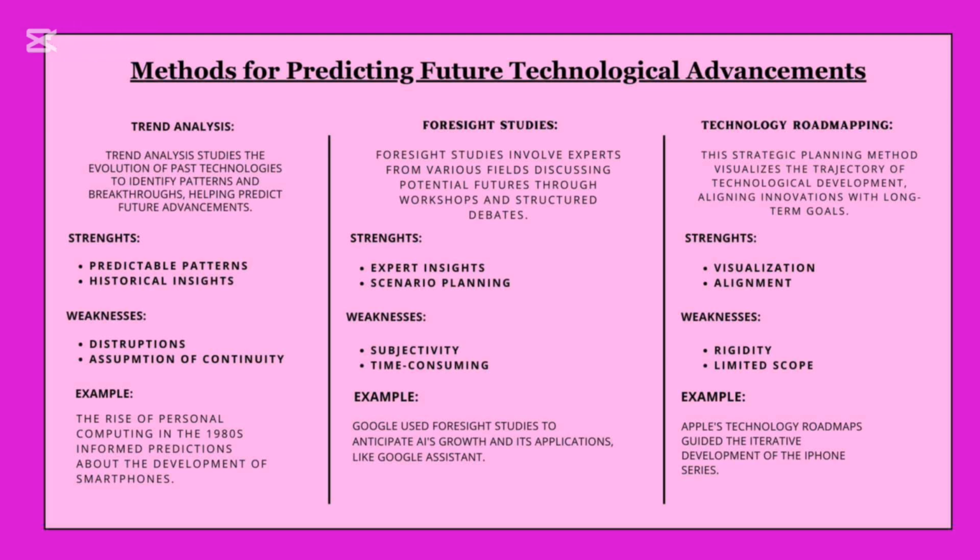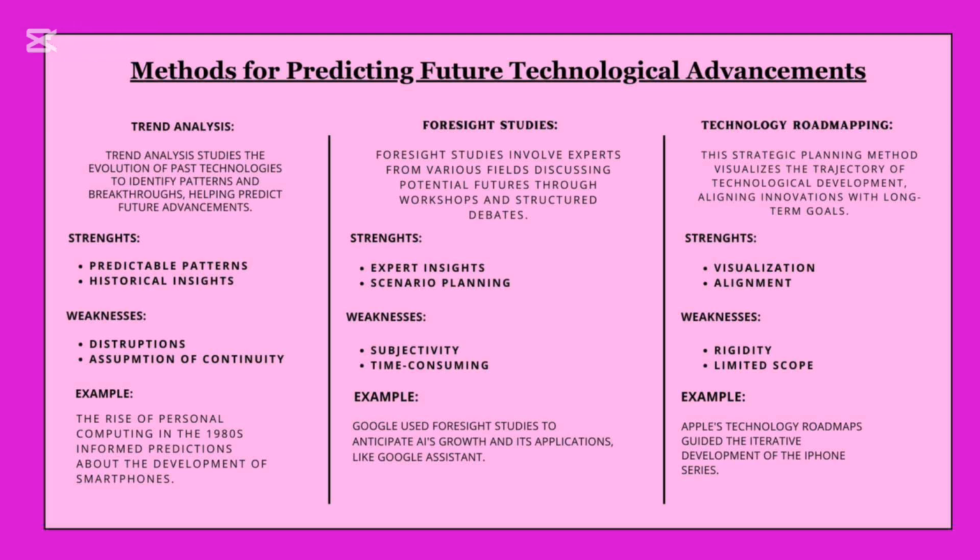Technology road mapping is a strategic planning approach that visualizes the trajectory of technological development over time. This method aligns innovations with long-term organizational goals, helping to ensure that technological advancements support overall strategic objectives. Strengths: visualization. Roadmaps provide a clear visual representation of technology development paths, making it easier for stakeholders to understand and